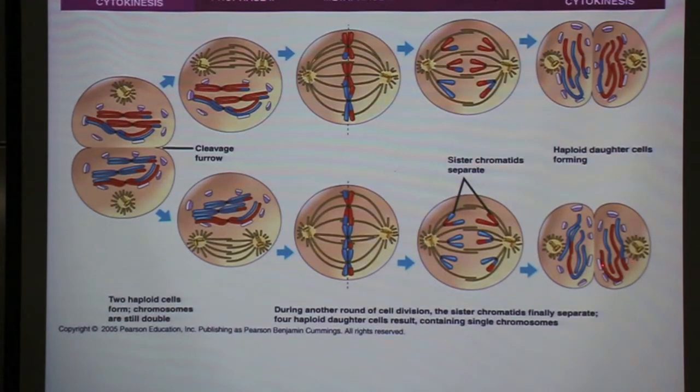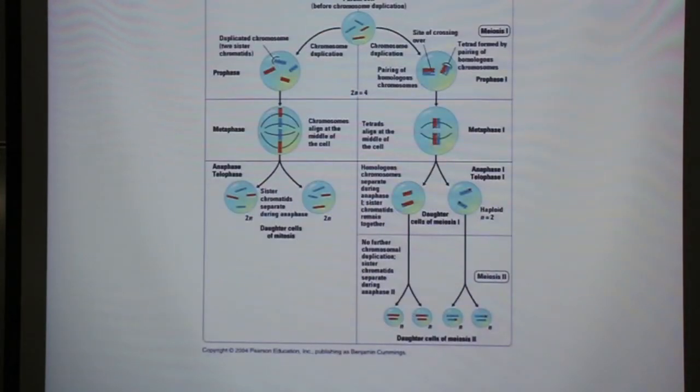In the case of sperm, these each become individual sperm. In the case of the egg, it turns out really only one of these will become an egg, and the other 3 will be what we call polar bodies, and they'll just be pieces and sections of DNA that the cell ends up getting rid of just to reduce the chromosome number. So again, if we look at and compare the differences between mitosis and meiosis, in mitosis what happens is